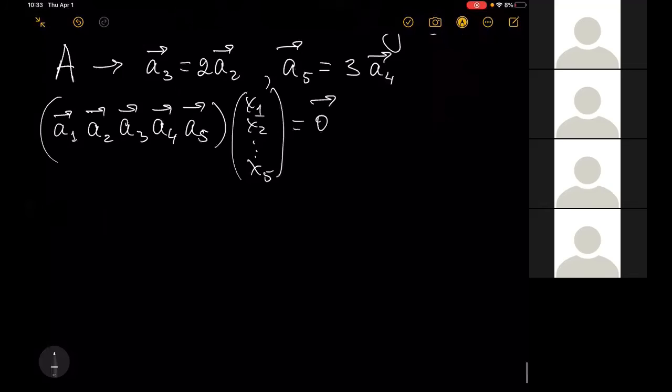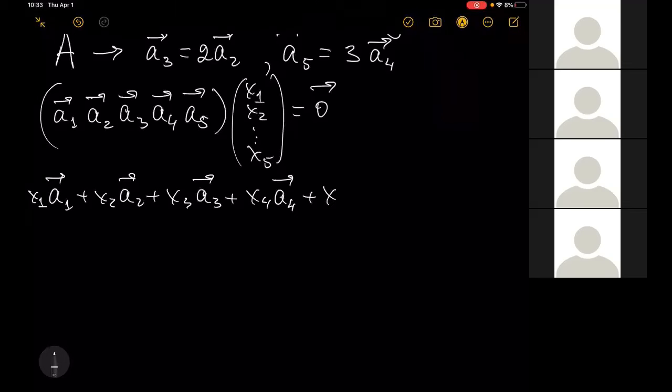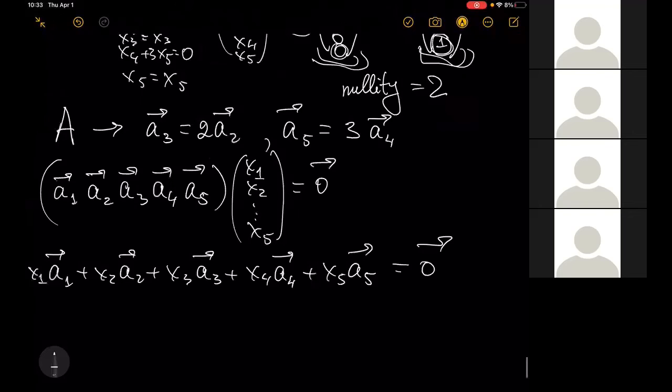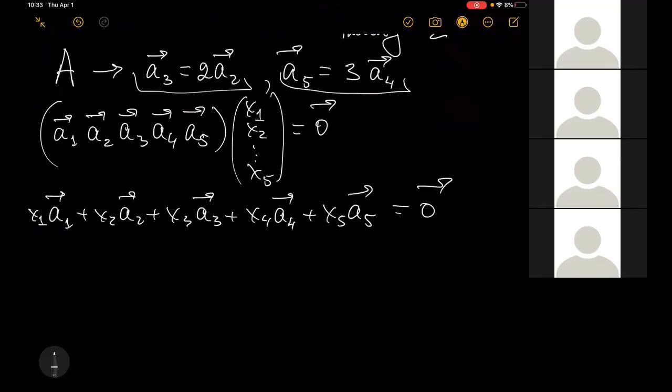So what does it mean? So how can I write it? I can write it as A1 x1 plus x2 A2 plus x3 A3 plus x4 A4 plus x5 A5 equals the 0 vector, right? Now, what else can I do? I can do the following. I can use these relations to exclude columns which correspond to free variables. So, and I'm getting